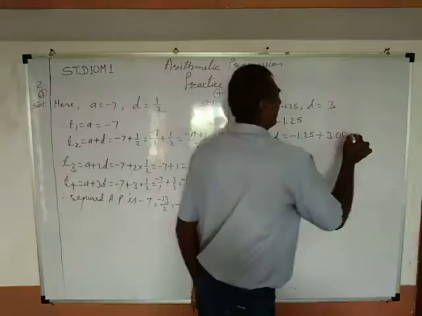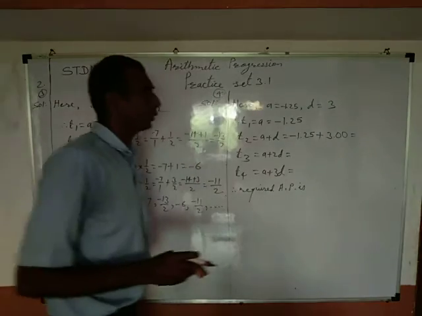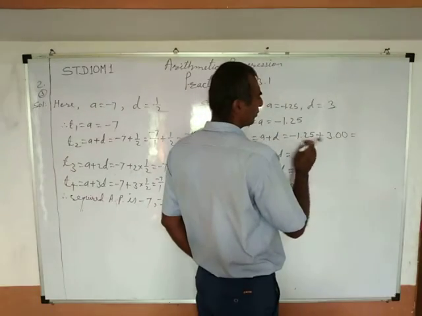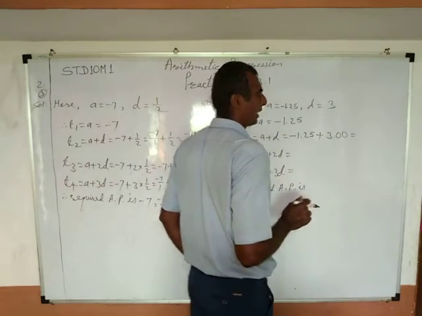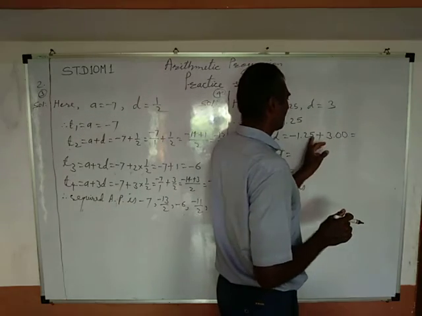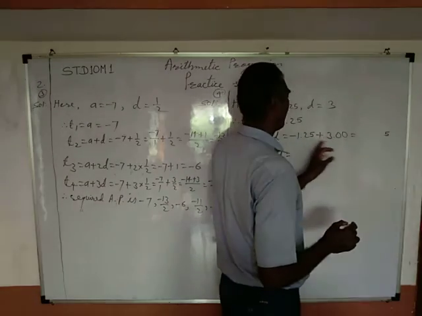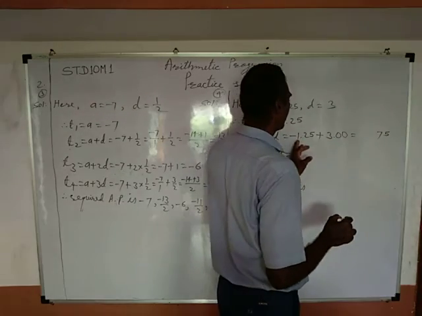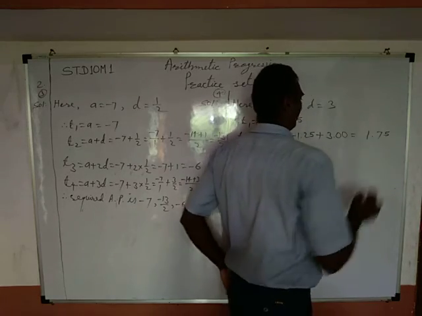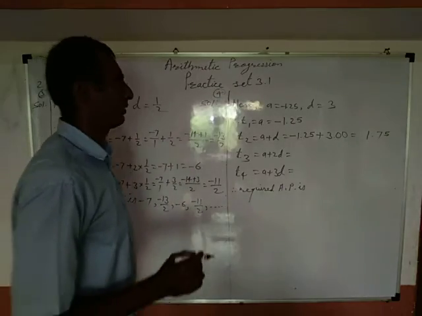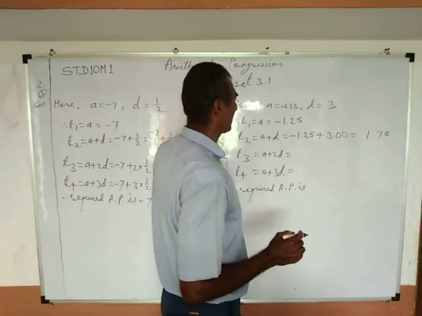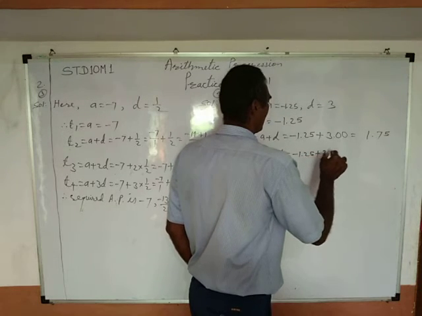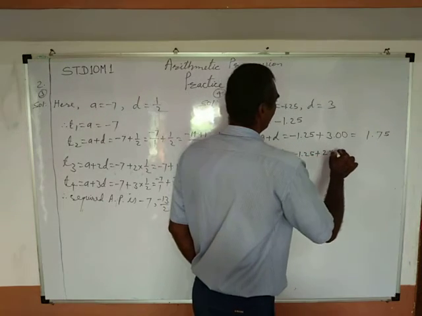equals minus 1.25 plus 3.00, means 1.25 will be subtracted from 3.00. 10 minus 5 gives us 5, 9 minus 2 gives us 7 and 2 minus 1 gives us 1, means it will be 1.75. T3 equals A plus 2D equals minus 1.25 plus 2 into 3